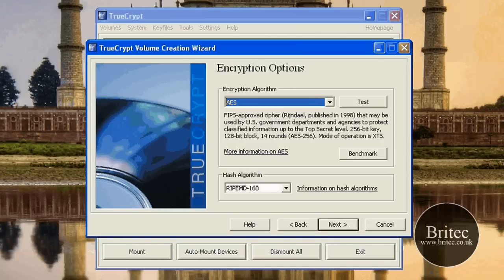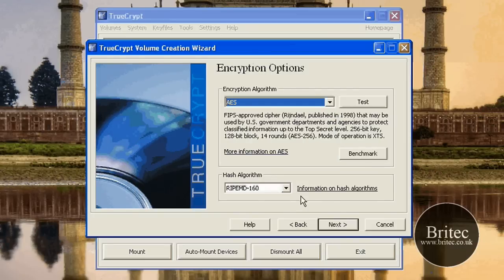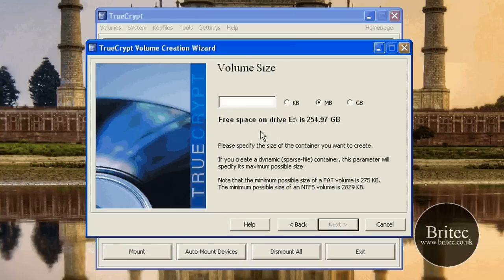Okay, so then we need to go next, and this is where you select your actual encryption algorithm, what you want to use. So I'm just going to use AES, to be honest. Okay, that's the one there, and you can read about it there. If anyone wants to sit there and try and decrypt that, then good luck to them. Okay, so the next thing, you've got a benchmark there if you want to do that, but I'm just going to go to the next tab here,